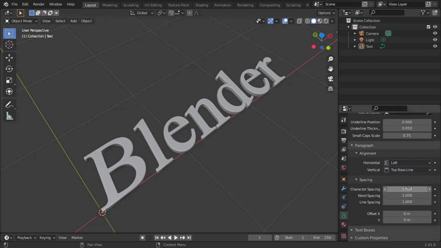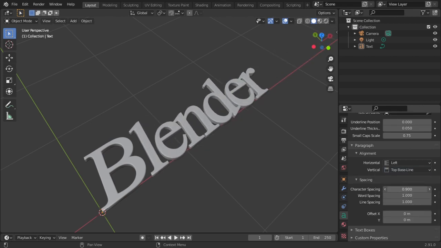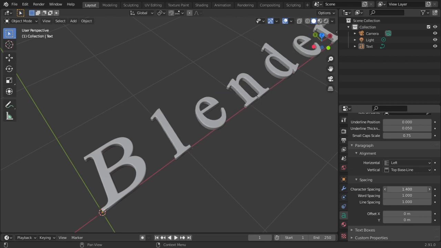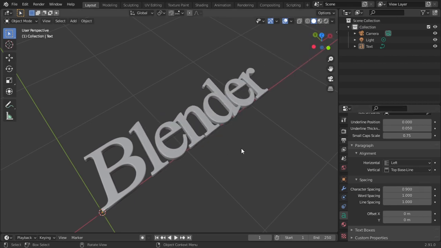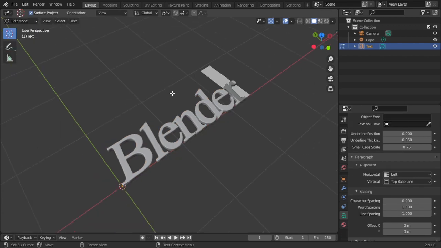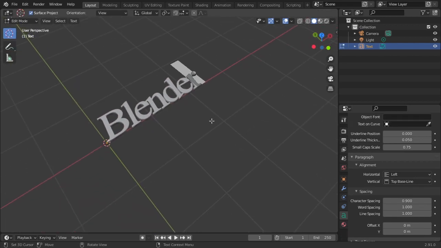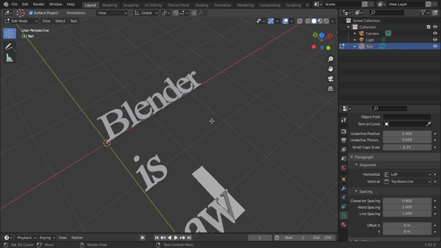Then we have got spacing, character spacing, how wide you want the gap between the text or how less you want the gap between the text. Word spacing, this is especially useful when we go from object mode to edit mode, and if I tap enter.